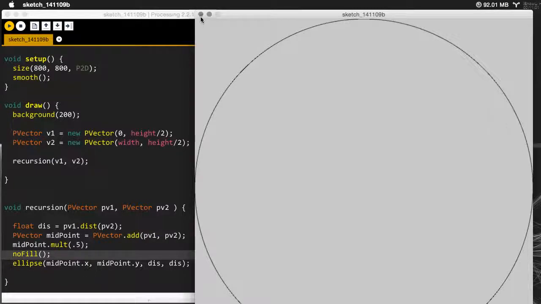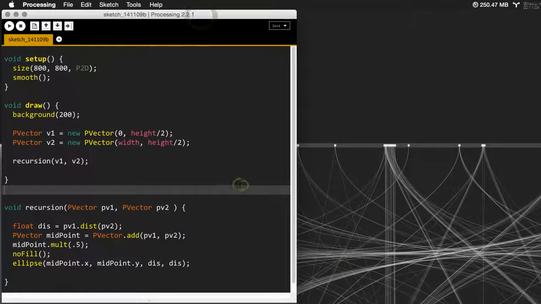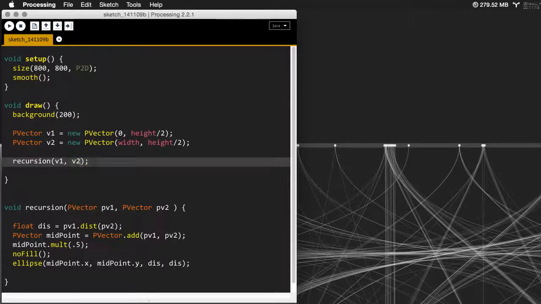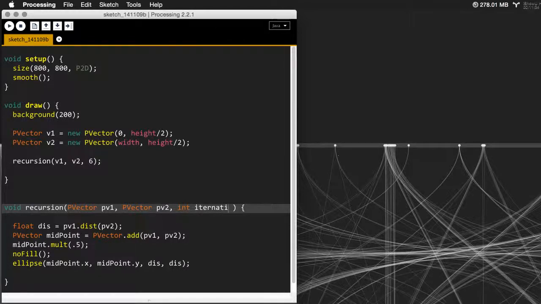The last thing we need to do, and this is the very important step, is set up a limit for the recursions. So we're going to need to pass a variable into here so that we can tell it how many times to do this. So let's say 6 times. Again, this is what I'm just following along with from the numbers that Jose used in his tutorial. This could be any number. And we need to declare a data type, integer, and he calls it iterations. Seems like a good enough name. So we're passing that in there, and then we need to say